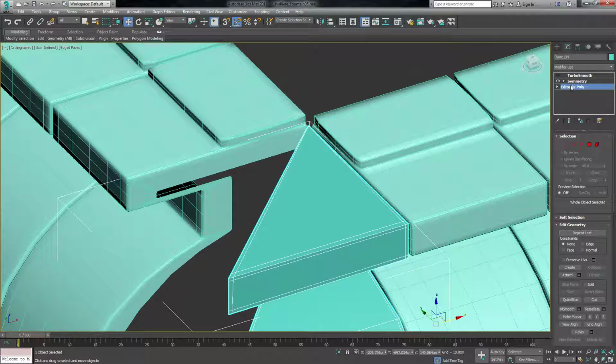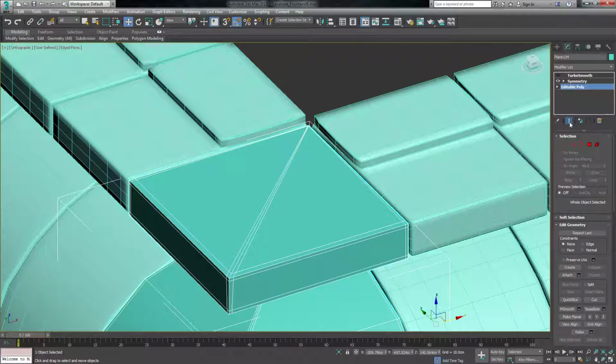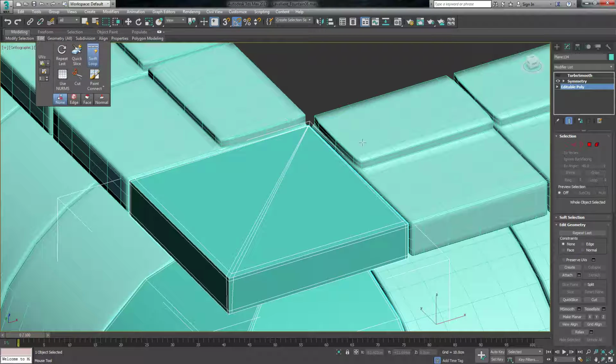So we'll go to symmetry, we're going to go to editable poly, show end result, edit swift loop. Is swift loop not on? It's weird. Oh, it's the wrong side. It might be on a different side. So we can kind of match this up. Again, it's just eyeballing. It's probably better to eyeball from this range,